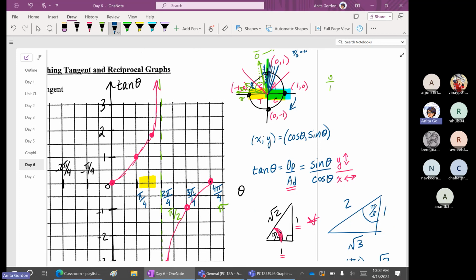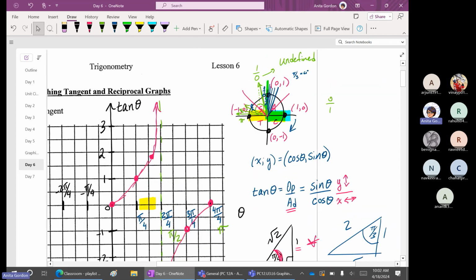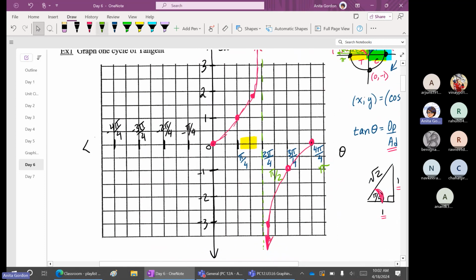When I have a vertical line, that means my denominator, my cosine value, is 0. So that means pi by 2, 3 pi by 2, and anytime I get a vertical, I'm going to have